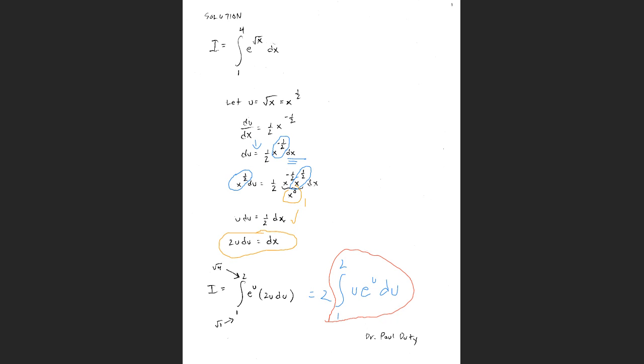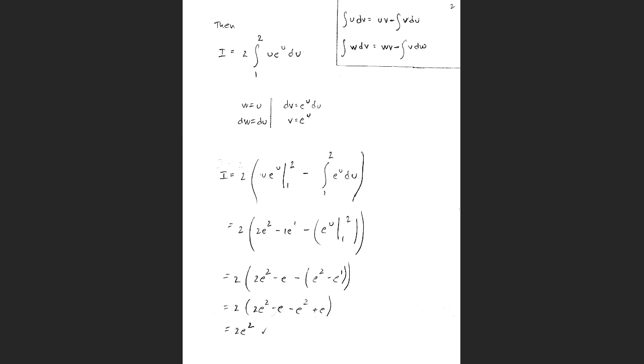So let me go to the next page then, and let's do integration by parts on that. So, here's our integral. Now, the integration by parts formula is, as you know, the integral of u dv equals uv minus the integral of v du. But I already have a variable u here in my integral. So let me just adapt a new integration by parts formula. I mean, it's the same formula, but where I have u,